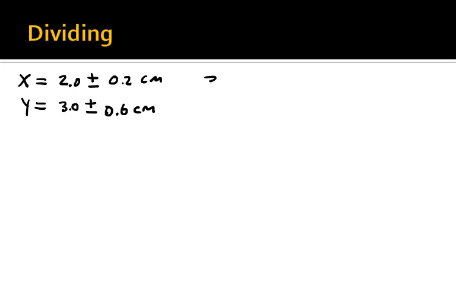And so z is going to be equal to x over y, x divided by y. And we want to get that and how certain we are and get the uncertainties with it. So what we'll do is we'll take x 2.0 over 3, and that'll be 2/3, which is 0.67 repeating,